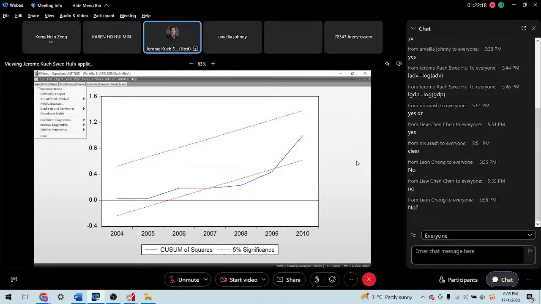So again, this is the residual stability test, and this is the stability test. That's why the name is stability diagnostic. We want to test whether the model is stable or not. That's why, besides doing the estimations, sometimes we also need to run some diagnostic testing to ensure that the results or the models that we use can be trusted and are reliable.